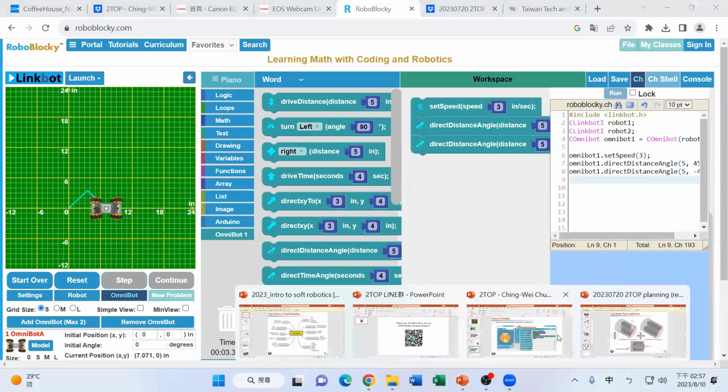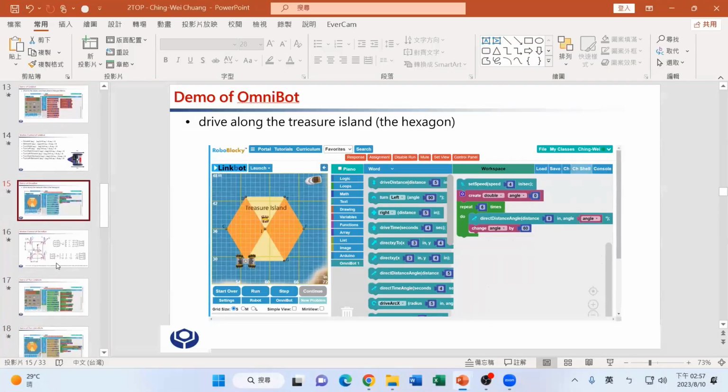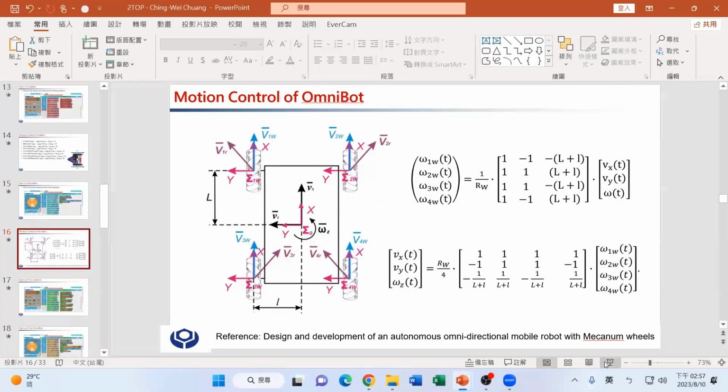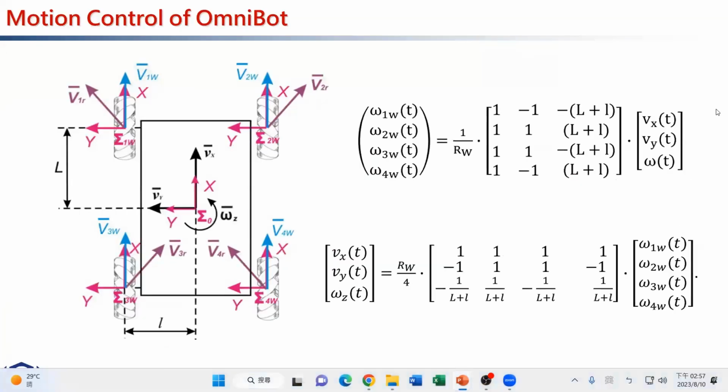Okay. All right. Behind it, as we discussed before, we just simply use some functions to control the Omnibot